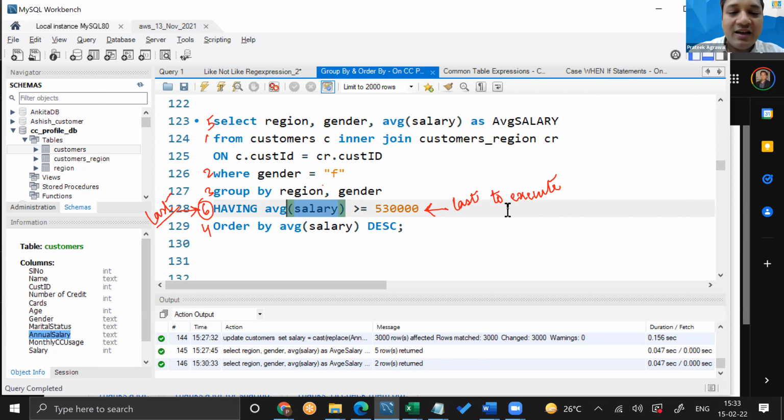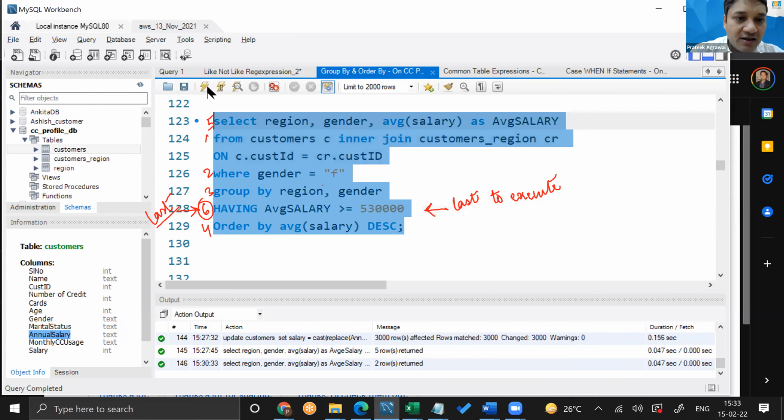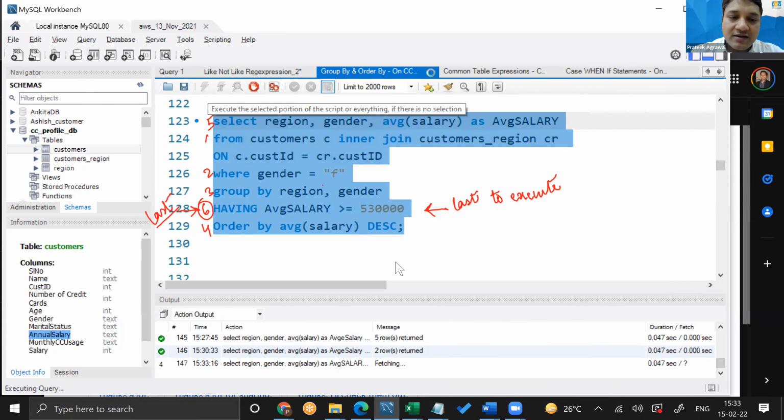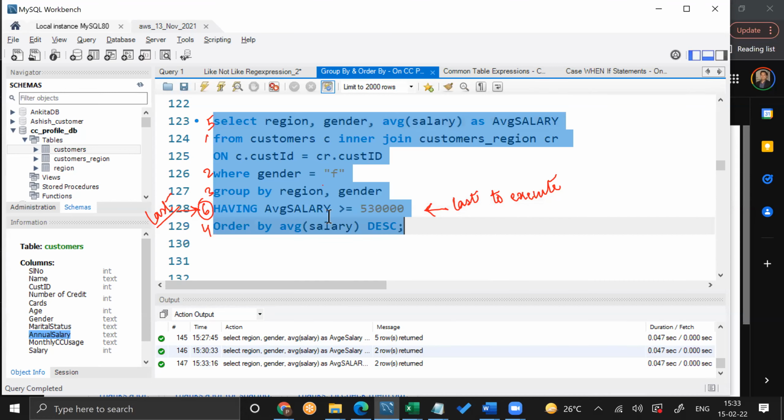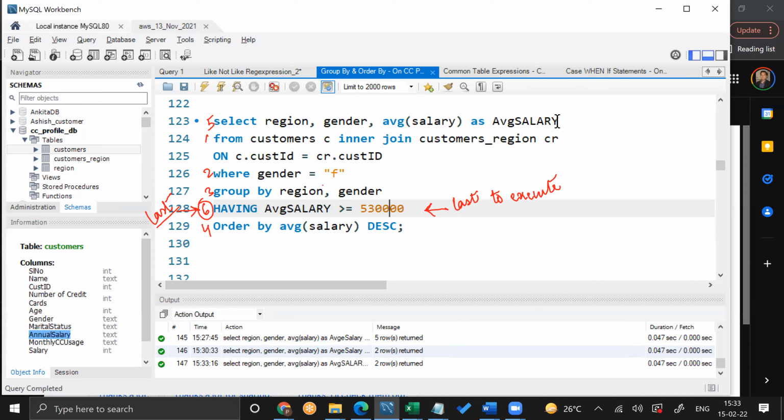But we can't do that anywhere else. Okay, so these are just tricks of the matter. I'm just trying to confuse you guys. If you understand this properly, then you understand SQL to a very large extent as an analyst. We are naming that particular average salary column as this average salary. That's why we are using this one below in having. Only in having you can use that because of the execution sequence, because having gets executed even after select. Everything else gets executed before select.